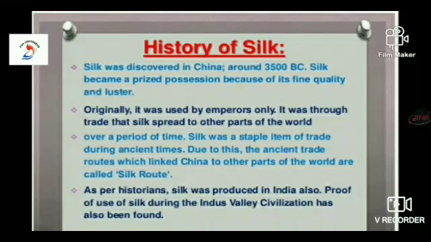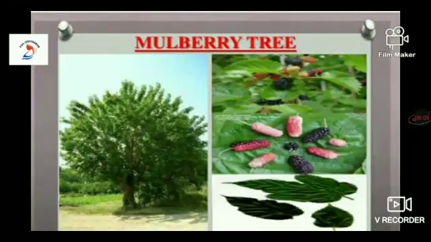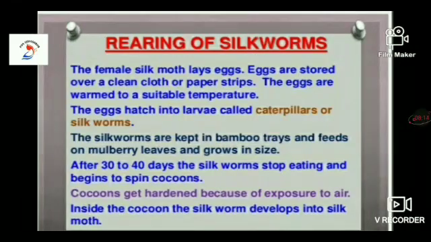So, how do the eggs become the adult moth? First, the female moth lays tiny eggs. It comes to the larva stage. The eggs hatch into caterpillars. Caterpillars feed on mulberry leaves for about 3 to 4 weeks. Each of them then spins a cocoon around itself, and it becomes the cocoon stage.